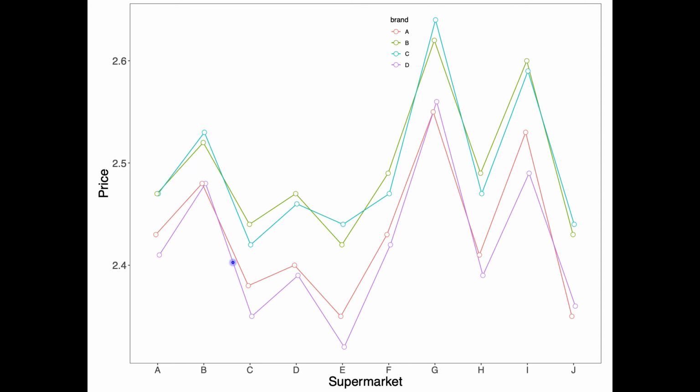But you can evaluate whether you need to think about interactions by looking at this type of plot, because what you see is that as you move from supermarket A to supermarket B, brands A and D are lower than brands B and C. And that stays true for every supermarket in your sample. Not only that, B and C change positions slightly, but there aren't any big shifts in the prices of those two brands relative to one another. And the same thing is true of brands A and D. They follow the same pattern and they don't change position. In most cases, brand A is slightly more expensive than brand D, regardless of which supermarket you're in.